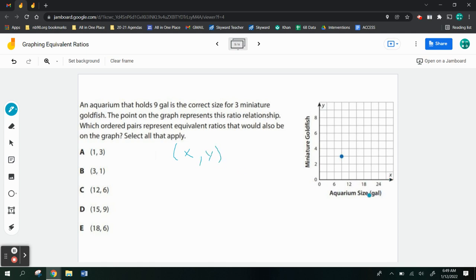So X-axis, that's gallons. Y-axis is goldfish. So 9 gallons, 3 goldfish,